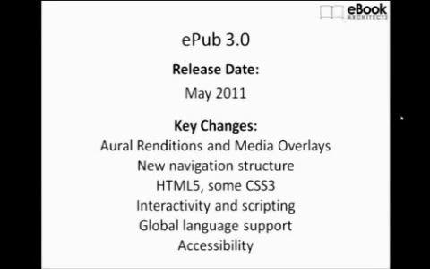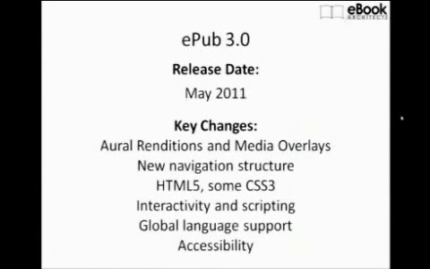Also, accessibility. One of the biggest things we've seen in the ebook world is that people with vision impairments or people who are blind like ebooks a lot because they can have them. There are standards like the DAISY standard that have been used to make it much easier for someone with those impairments to be able to read books that they want to read. And EPUB 3 is actually going to combine DAISY and EPUB together in a way that makes a lot of sense, and accessibility is going to be a lot better for the future.